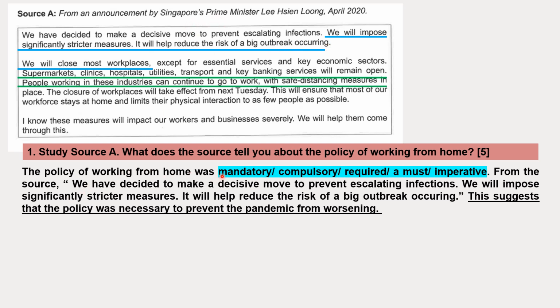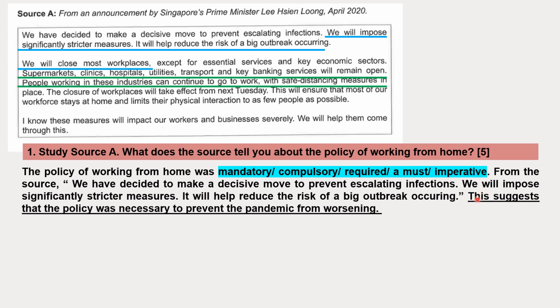So the policy of working from home was mandatory, compulsory, required, a must, imperative. So these are possible inference questions. And if you look at this, nothing here is from the source itself. So I want you to remember that in inference, you cannot copy source detail as an inference. Okay? And of course, the normal way of doing inference is, right, we pick the source details from the source